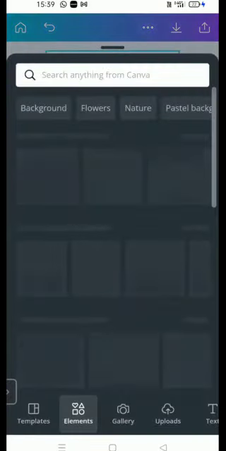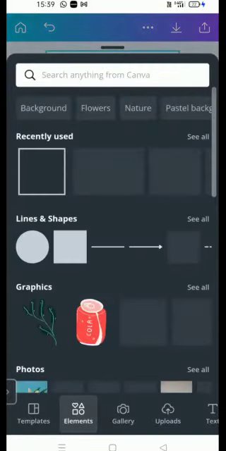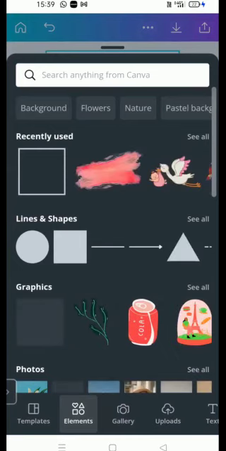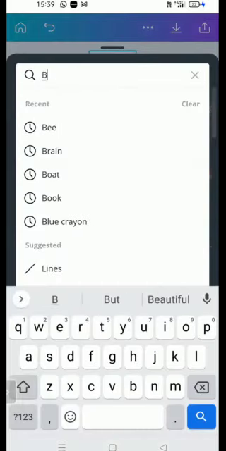Just click on that. And as I told you during the session also, you have to go to elements. Elements is where you get all your pictures. So I'm right here in elements. In the search bar, I'm going to